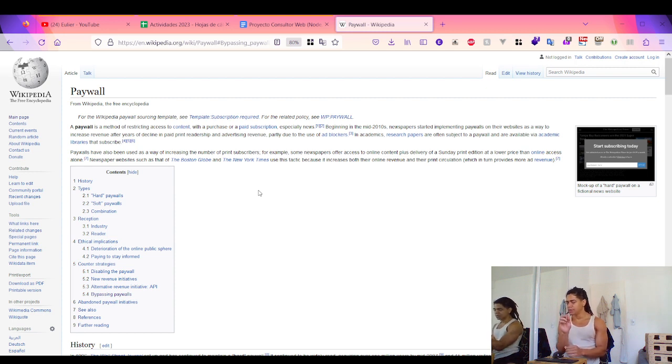So again, a paywall is a method of restricting access to content with a purchase of a paid subscription.